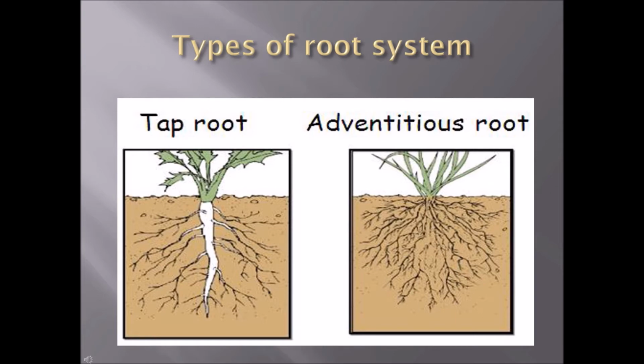Whereas if you see the adventitious root, it is like a fibrous root, and these adventitious roots will grow in places where the root will not normally grow. So on the other parts, other than the part where the root is growing, when roots start growing, it is known as adventitious root.